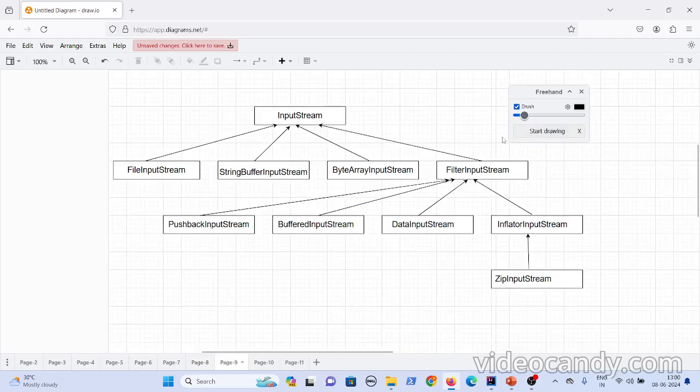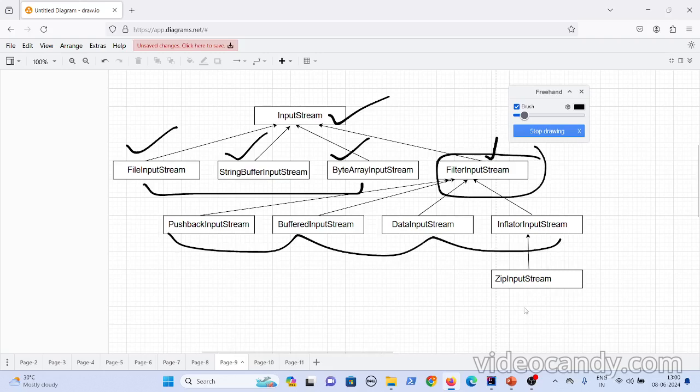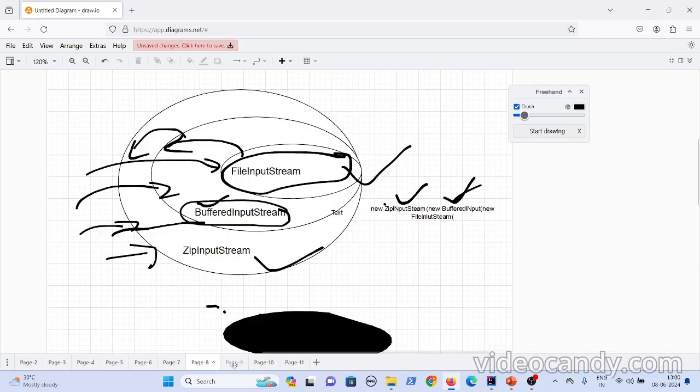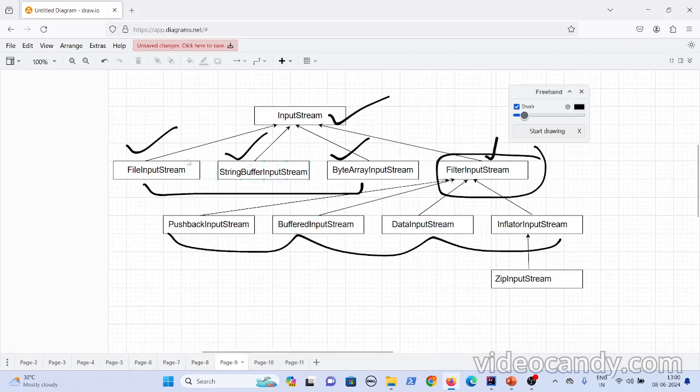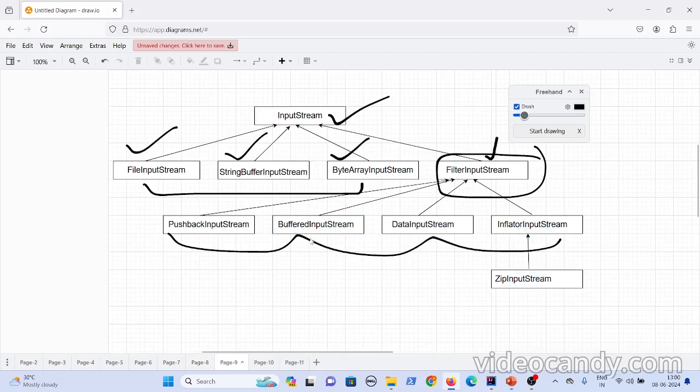Okay, so if you see the example, initially you have InputStream as the component, and these three are the concrete components: FileInputStream, StringBufferInputStream, and ByteArrayInputStream. And this is a decorator interface, and these are all concrete decorators. Now in this example, FileInputStream is the component, and it got decorated with BufferedInputStream and with the ZipInputStream.